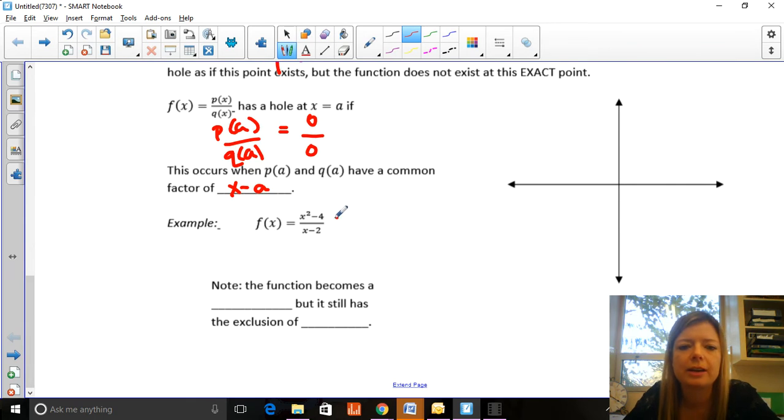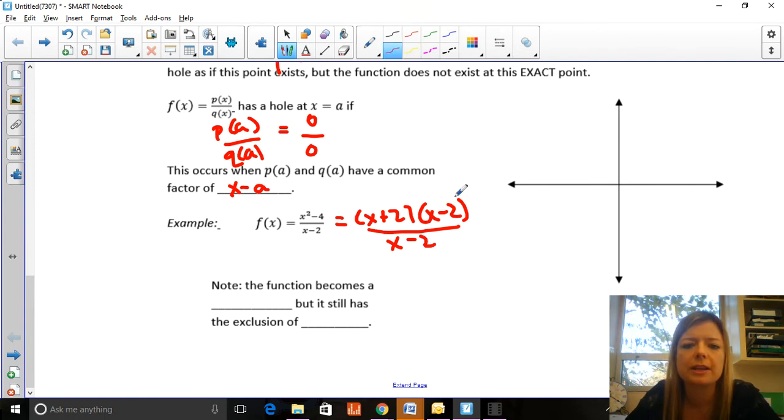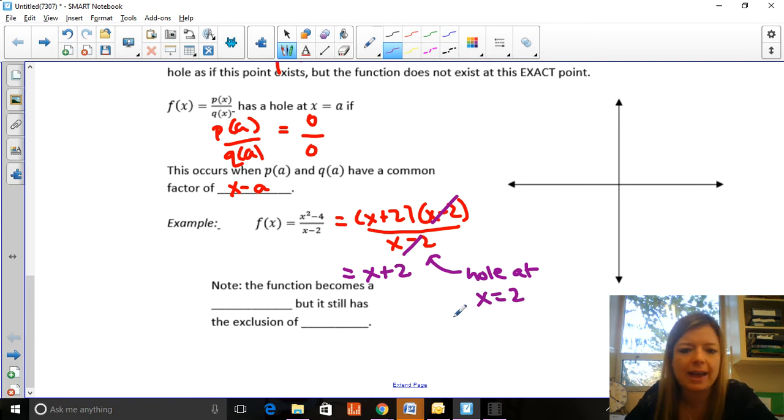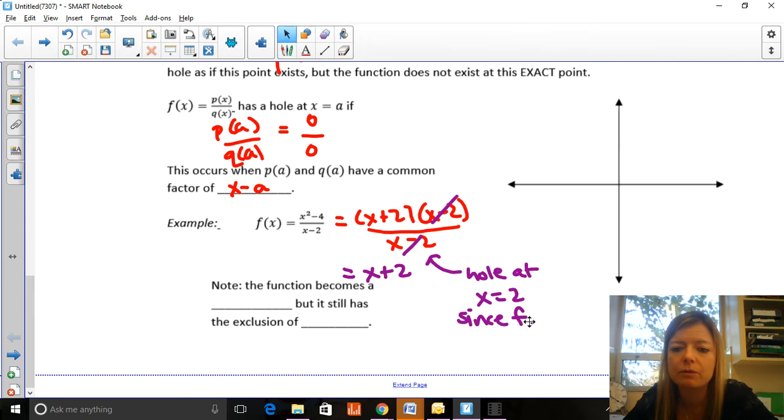So for example, here, if we factor this to x plus 2, x minus 2, you'll notice that there's a common factor. So these can be crossed out, and I'm just left with x plus 2. So this function is actually just a line, the line x plus 2, except it has a hole at x equals 2. Okay, and that's because if you put 2 into the original function before I factored it,